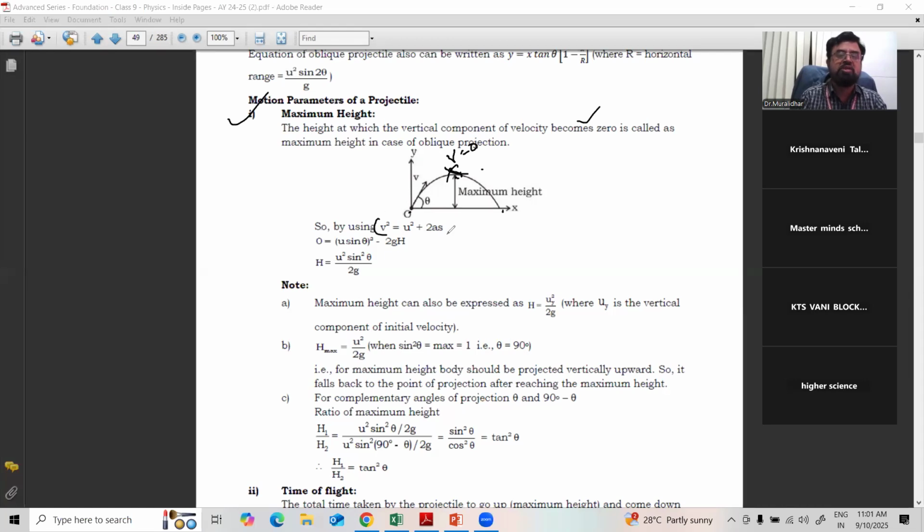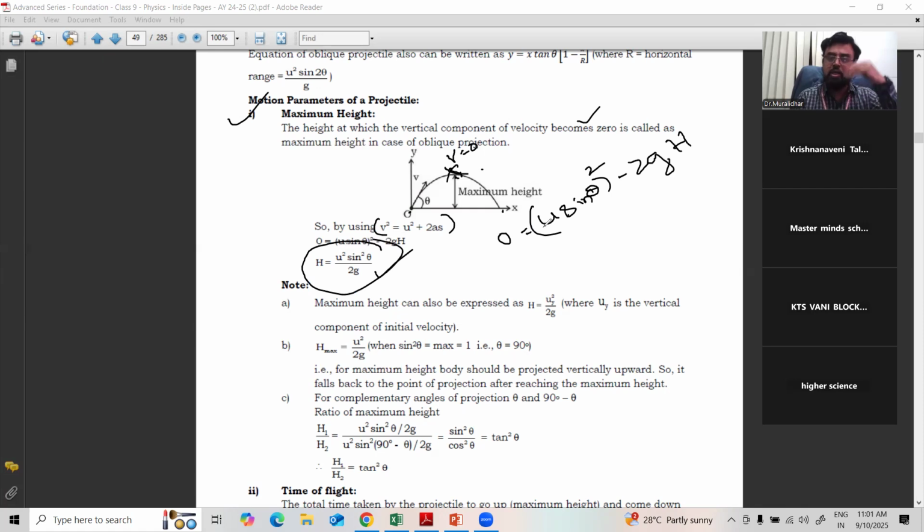Maximum height in case of oblique projection. By using the formula v square minus u square is equal to 2as, what are we getting? V is 0. U is u sin theta here, the vertical component, whole square, minus, because vertically, 2gh. So from that we got the h formula. H is equal to u square sin square theta by 2g. This is the formula for maximum height in case of oblique projection. Generally, in 8th, 9th class, 7th class, what we learn is